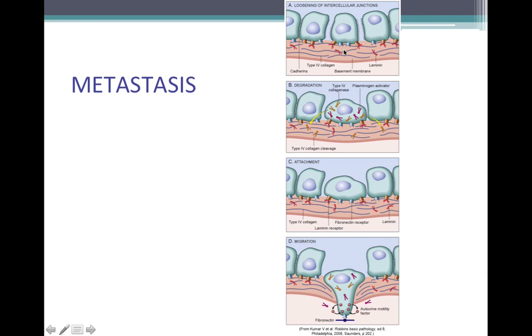So what this slide is showing is basically just a pictorial view of metastasis, where this might be a cancer cell, where if it starts secreting these enzymes, and the enzymes start breaking down that basement membrane and extracellular matrix, the cell can start to wiggle through that basement membrane and start to spread to other tissues of the body, either through blood or lymph.